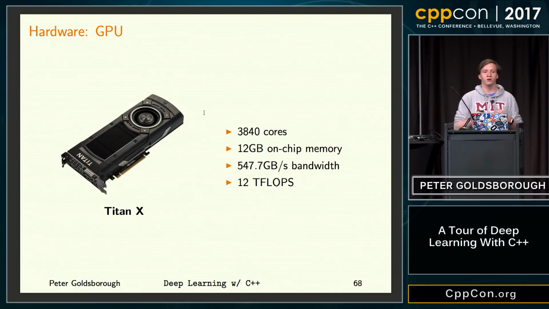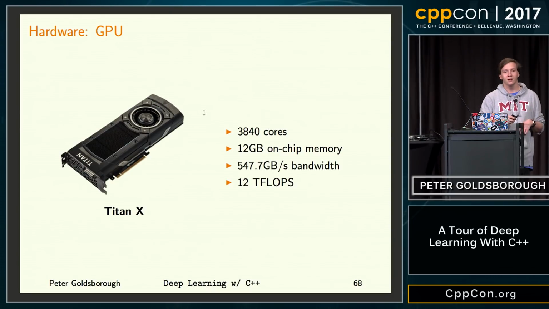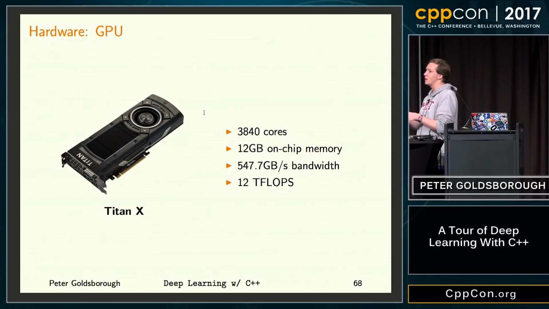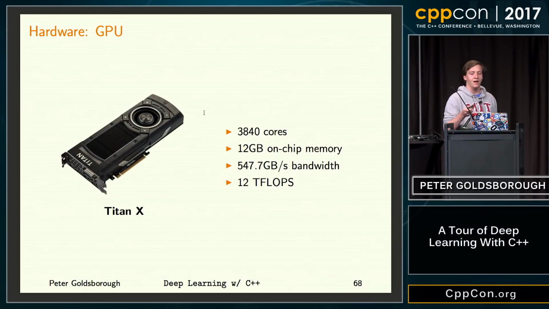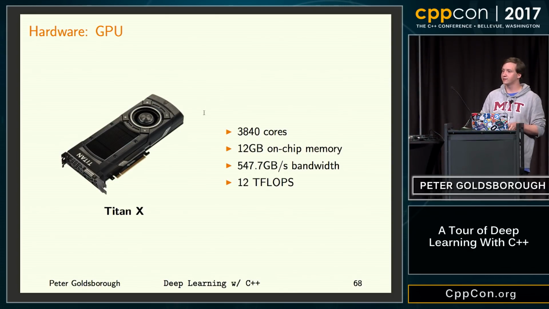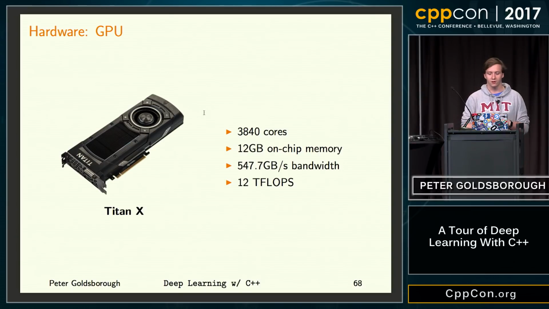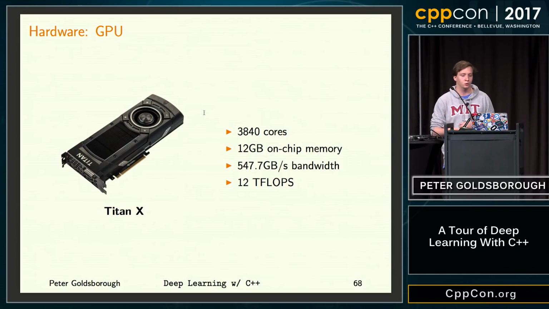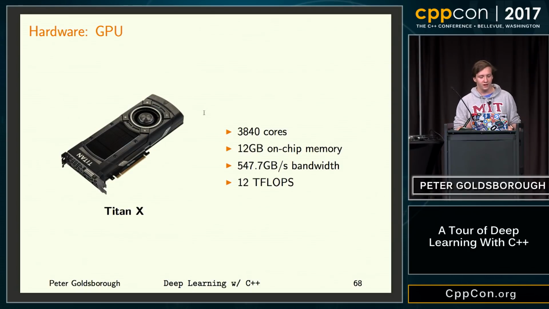But the one thing they do have very much of, which is sometimes unclear, is bandwidth on the chip itself. The Intel Xeon Phi, which is Intel's flagship parallel processor, has around 200 gigs per second bandwidth. This GPU has more than twice that. So they do have very high bandwidth. And the other thing they have a lot of is flops. This Titan X can do 12 teraflops. The Intel Xeon Phi, I believe, can do around 2.